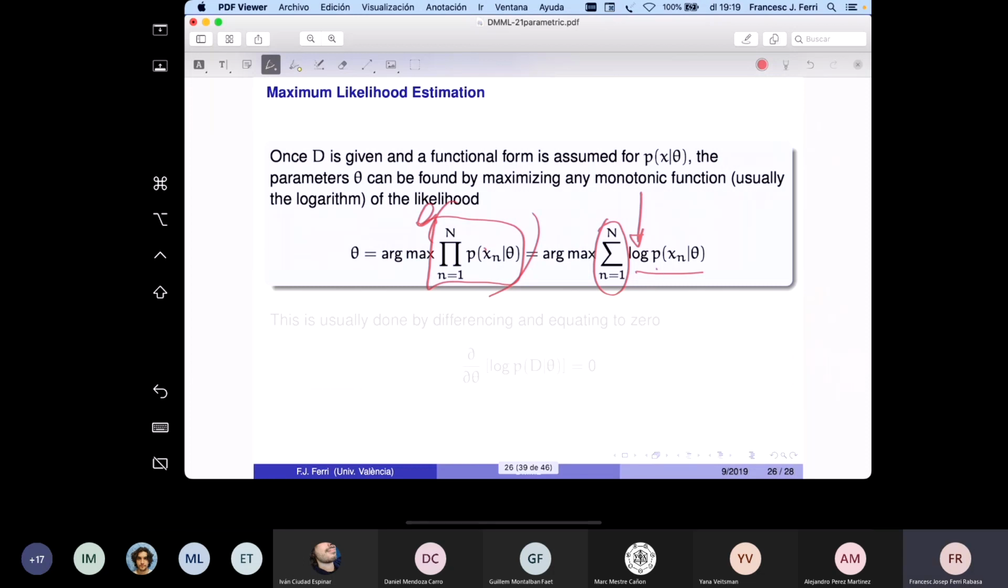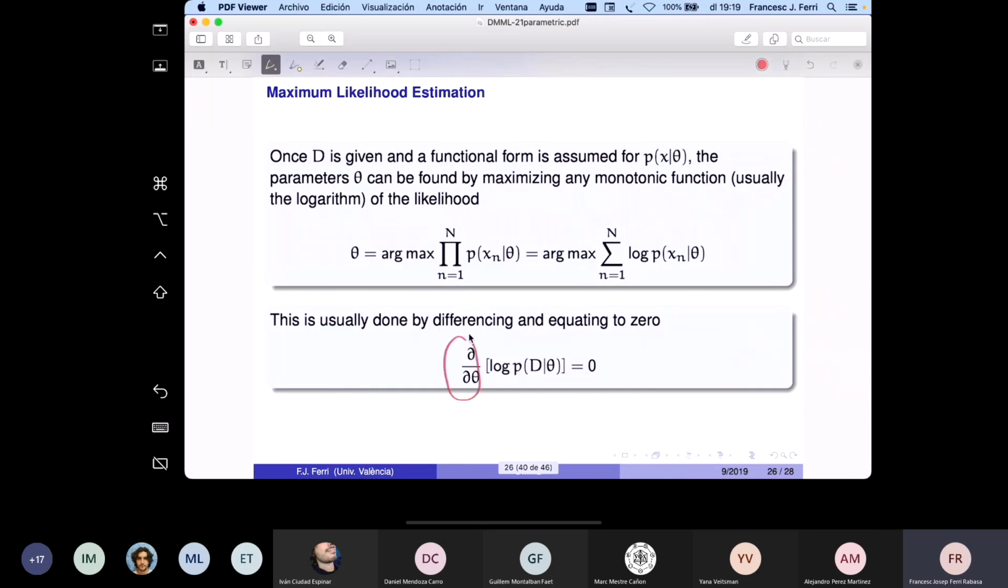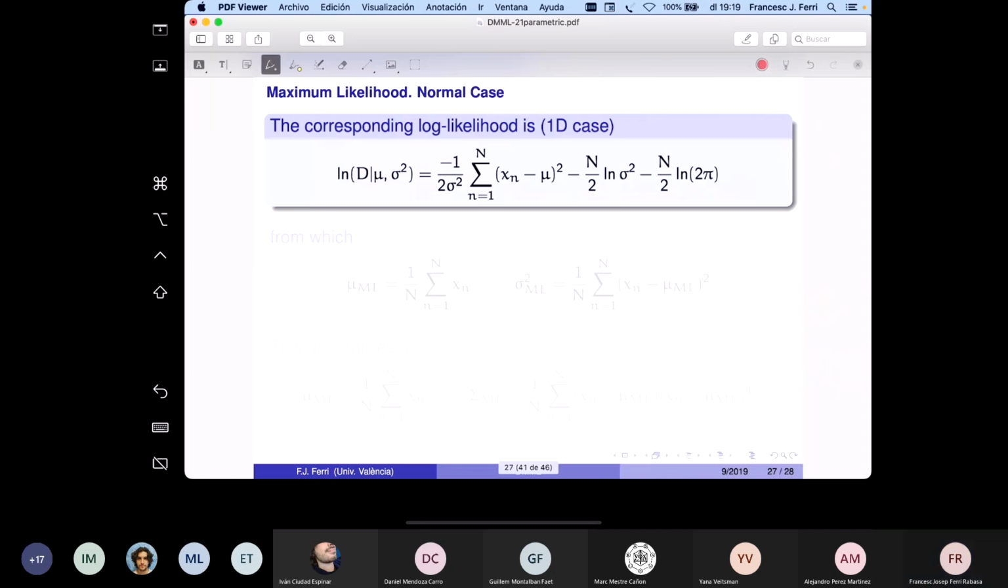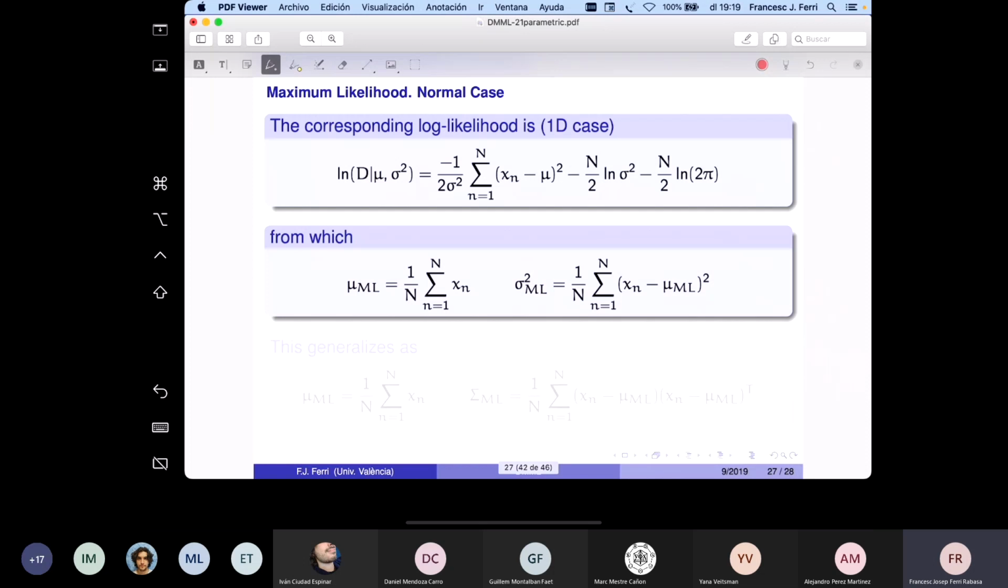If this is Gaussian, then we get rid of the exponentials thanks to the logarithms, and then the problem becomes quite easy to solve. To maximize, we just need to differentiate and equate to 0. And if we do this, well, let's skip the details. But at the end, we can obtain,